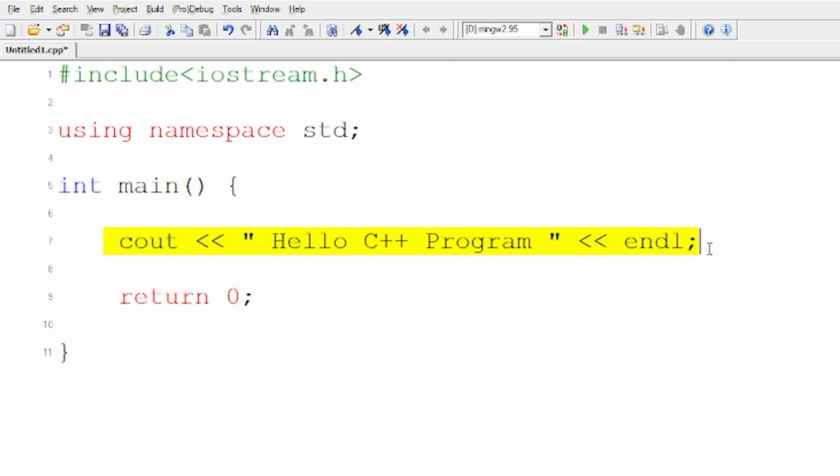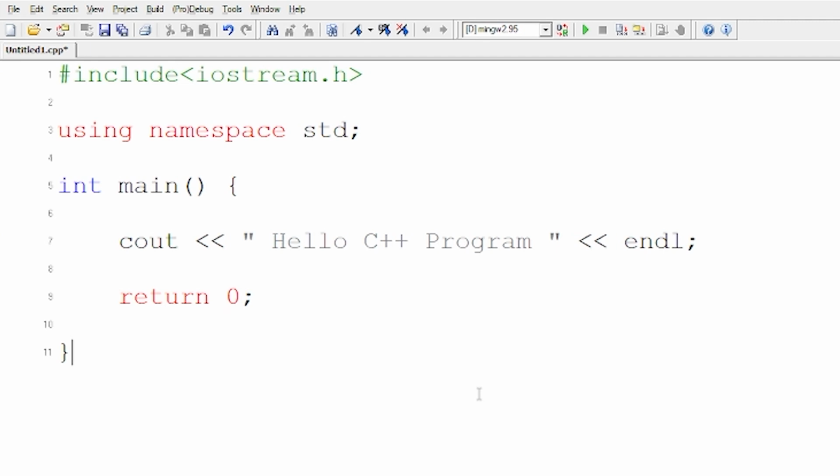Then we came to using namespace, which is an optional thing. You can write it, which is good practice, so that you don't have to use it in any part of the program. You can just write it once. Then came the main function, which is int main. Whenever you see int main, remember that it will return something. Then we have the cout, that is console out. In the double quotes, we have written what we need to print or give as an output. Then we have the endl, which is end of the line. That means if we have to print a next statement, it will come in the next line. If I don't give the endl, it will simply start from the same line itself.